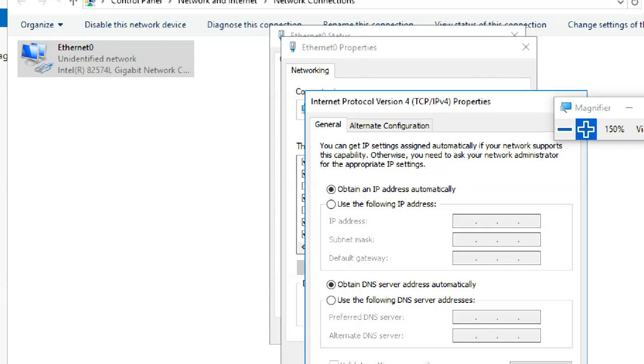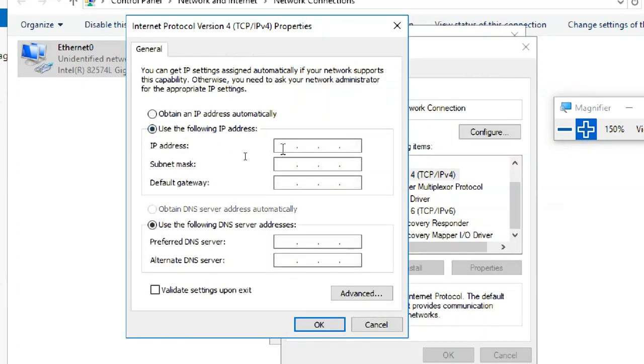Go to properties. Next, use the following IP address: 172.16.0.253 and tab. I planned for this IP, so I have given this one. You can give any IP address; you don't need to follow the 172 series only. Any IP address is fine, but make sure that the last is 254. That's it. Note down the IP address you are giving.